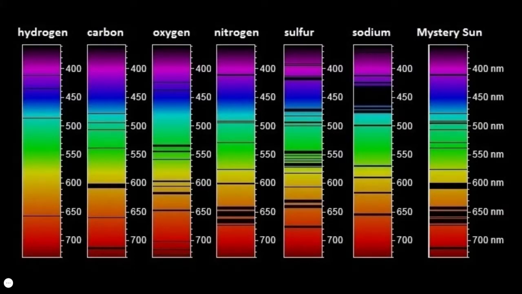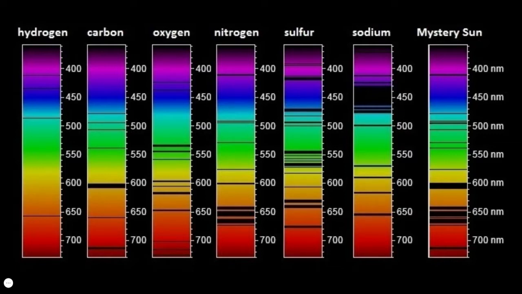On the right side of the screen is our absorption spectrum for our mystery sun. The remaining spectra to the left each represent the absorption spectra for specific elements. The black bands are the wavelengths of light that those elements absorb. What we want to do is find unique banding patterns in our mystery sun that match with unique banding patterns in elements. For this sun, there are 2 elements in its atmosphere. So we are looking for 2 elements that have banding patterns matching our mystery sun.